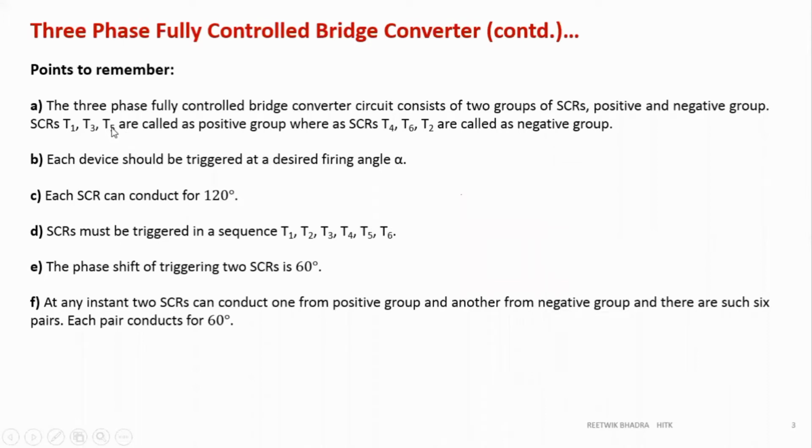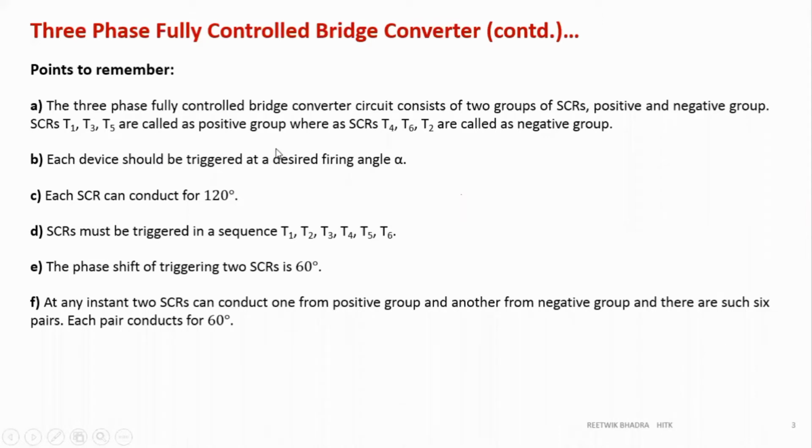If you make a comparison with the inverter, in the inverter there are 6 switches, and over here also in a converter or rectifier there will be 6 switches. If you remember, there were two groups. We had made those 6 switches into two groups, one called the positive group and one called the negative group. Similarly over here. The odd number switches T1, T3, T5 are the positive group, and T4, T2, T6, the even numbers, are the negative group, same as over there.